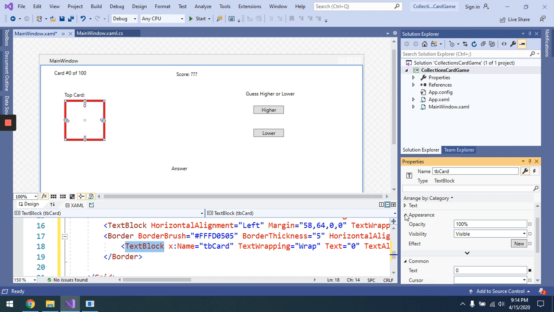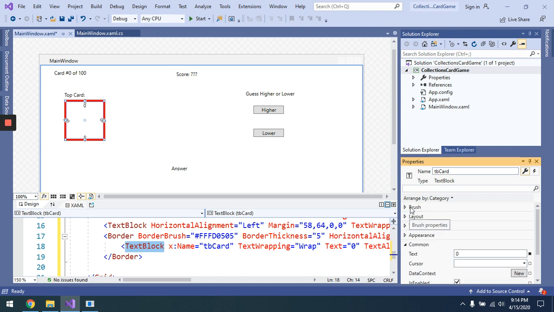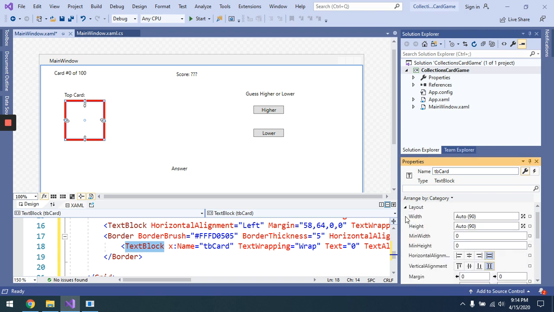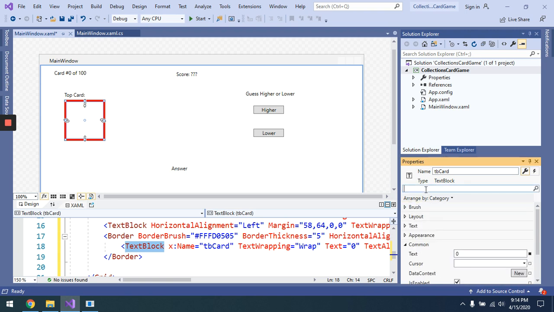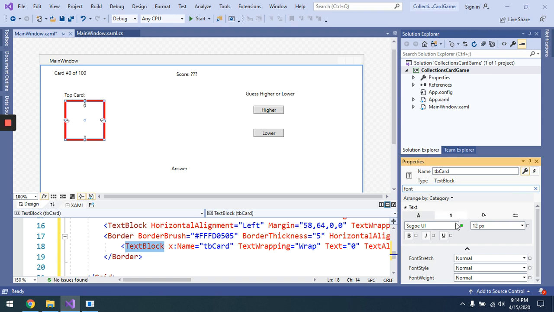Appearance. No. I know it's in here. Brush layout. Where do I change the font? I can't find the font, so I'm going to just type font. There it is. It's under text. Okay. I'm going to ratchet it up. 72. And that might not fit 2-digit numbers. Well, I can test that